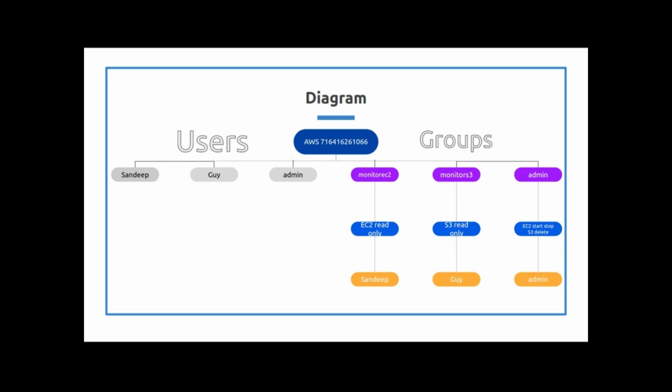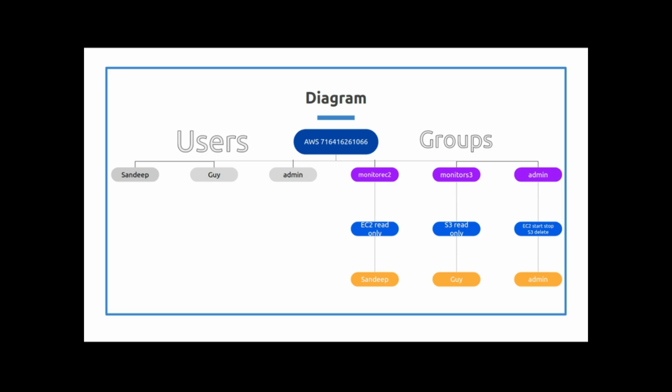Everybody's account has a number that refers to their space, and that's mine. Then within that, on the left, I have some users: Sandeep, Guy, admin. Those are three pretend people that work at my company. And on the right, it's showing what Sandeep, Guy, and admin have access to.